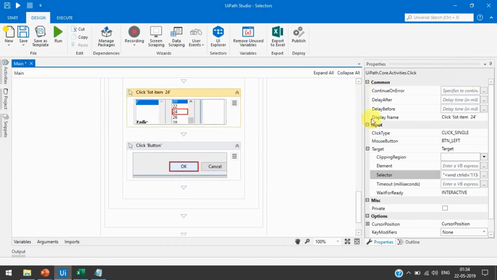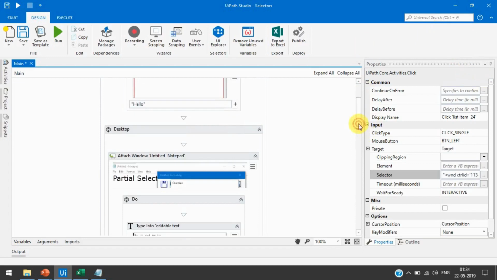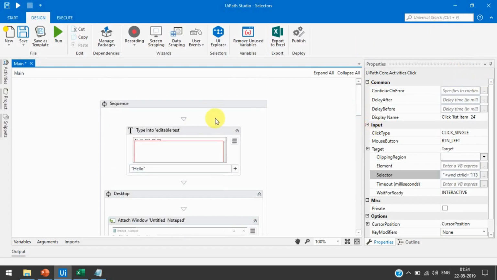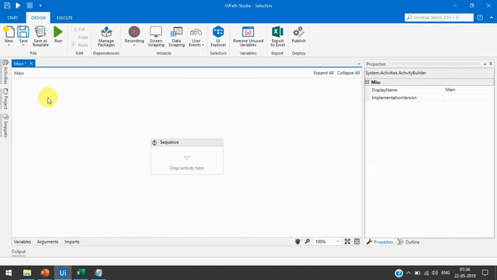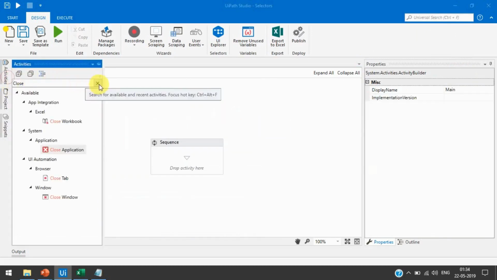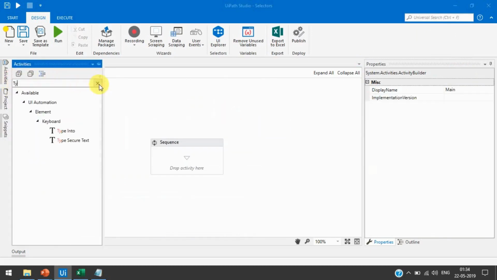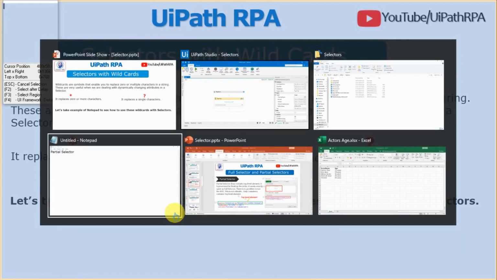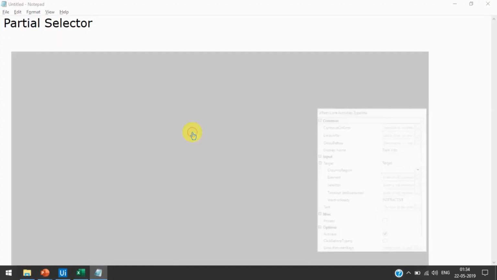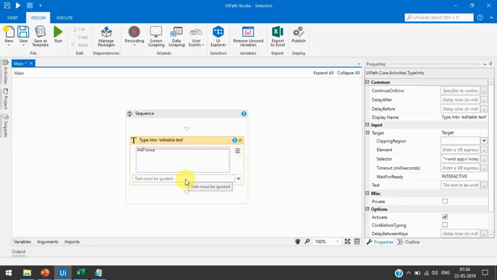Here I will remove all this part, and I will take one activity, the type into activity, and I will select that Notepad, and I will write here wildcard asterisk.